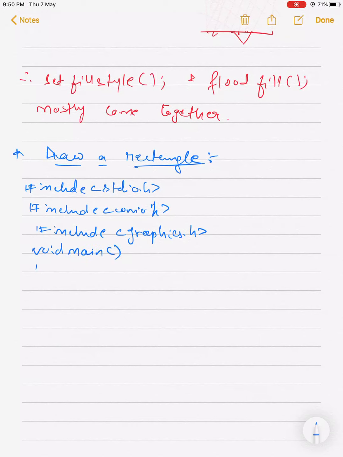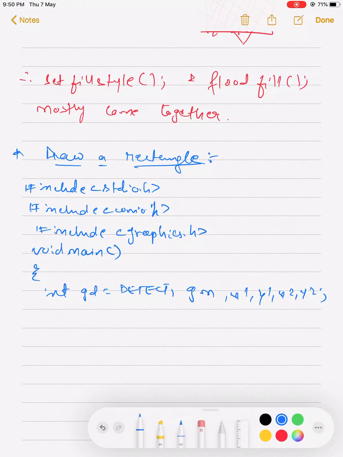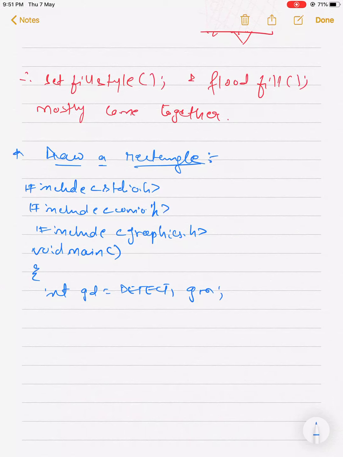Now next step, integer gd equals DETECT, gm. You can either mention x1 y1 x2 y2 over here and ask the user to enter these, or you can just directly enter the coordinates, no issue.